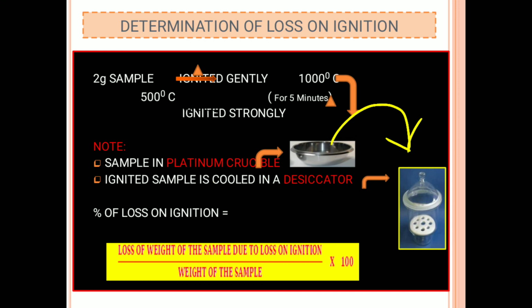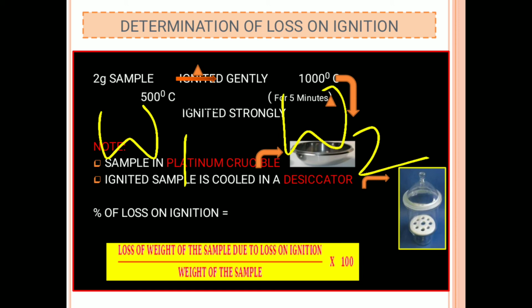After that, take out the platinum crucible from the desiccator and weigh it. Then W1 is the initial weight of the platinum crucible along with the sample, and let W2 be the weight of the platinum crucible after the experiment. As there is a loss on ignition, W1 is greater than W2, so that W1 minus W2 will give